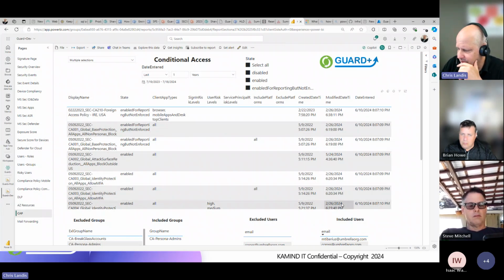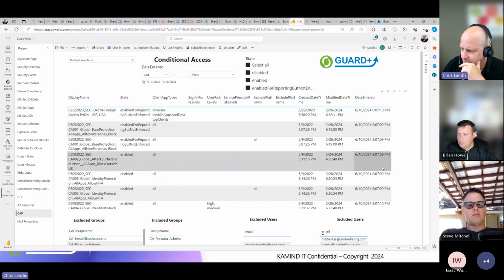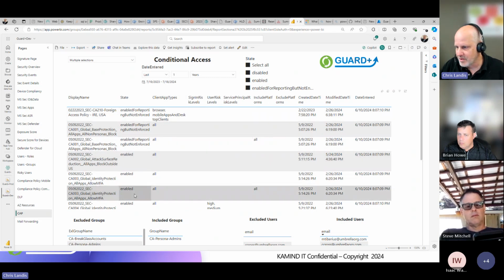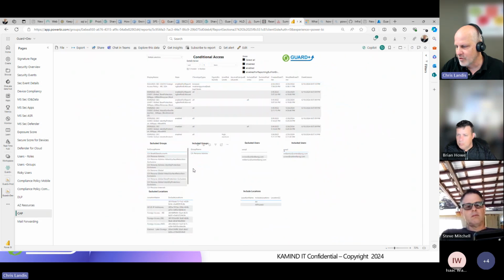And if it was ever modified, what was the last modified date? On the right column, it's just for control. We can see when was the last pull or data refresh. So we pull this every Sunday in this particular tenant, and every Sunday you'll get a refresh if the policies are updated. Like I said, normally you only see the first two columns, but what we've done, if I zoom back out, is give a full page. And it might seem a bit of an overload, but